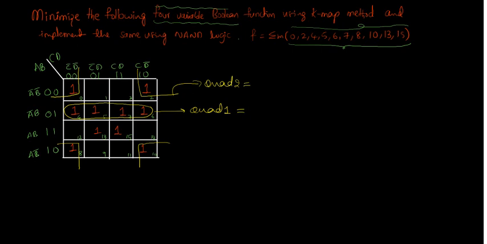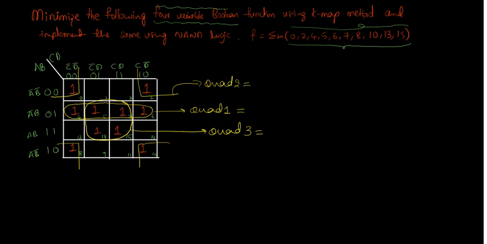In one of the videos I have explained how these corner cells are adjacent to each other and what adjacent cells and adjacency mean. If you haven't watched it, you can watch that video in the same playlist. So now this is quad 2 and we are left with 13 and 15. You can combine these two with 5 and 7 so that you can make a quad, that is quad 3. So now we are left with no ones, so there is no need to look for other groups or pairs.